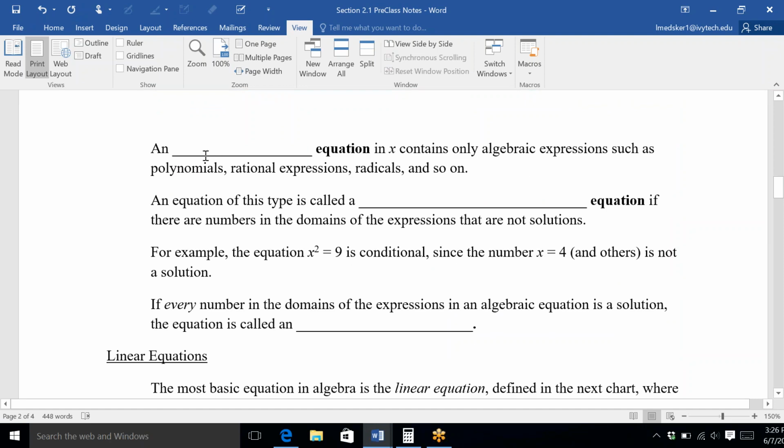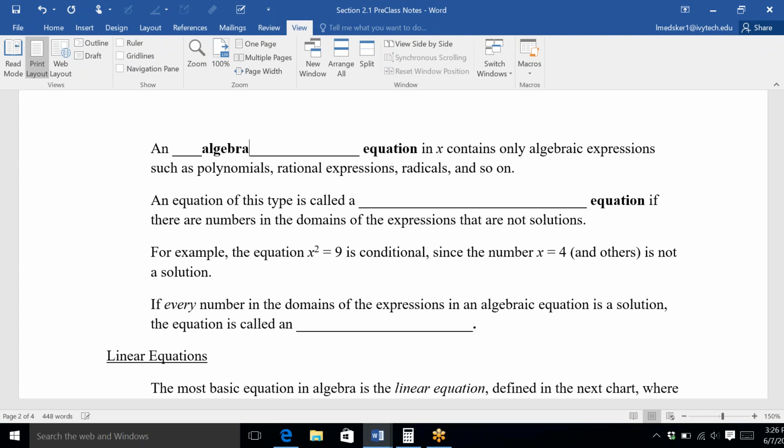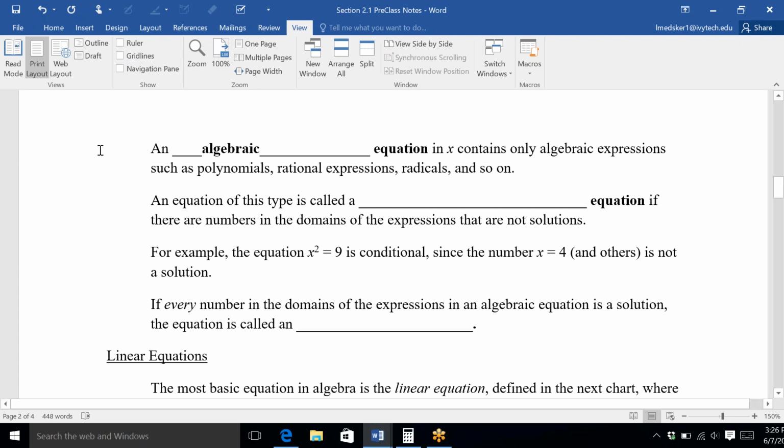An algebraic equation in X contains only algebraic expressions such as polynomials, rationals, radicals, and so on. An equation of this type is called